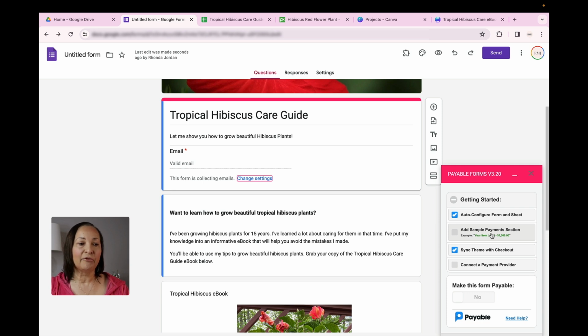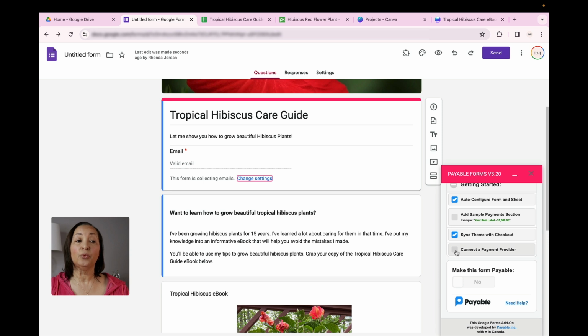I'm going to skip that for right now. Now, the next thing I want to do is to come down to the section where it says connect a payment provider. I'm going to click on that, and then connect this to my Stripe account because that's what I'm choosing to use. Again, you can choose to use any of the options that are available. My recommendation again would be that you go ahead and get those set up prior to getting to this section.